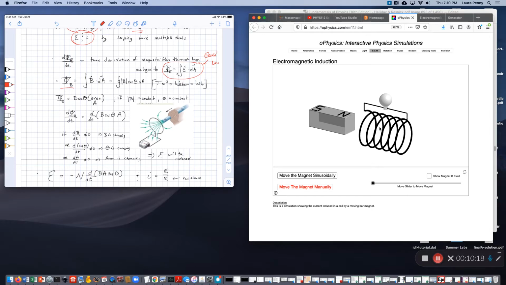And that's what we're going to have here again. So our magnetic flux is going to be the magnetic field times the cosine of an angle times an area, where that angle is once again going to be the angle between this area vector to our loop